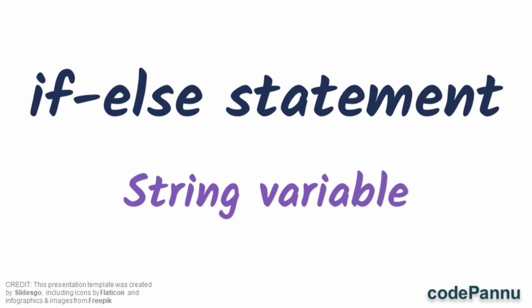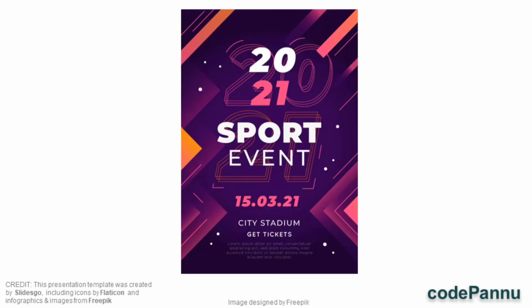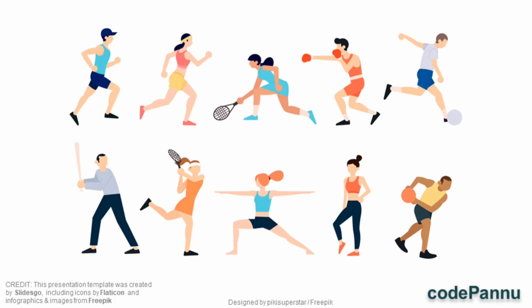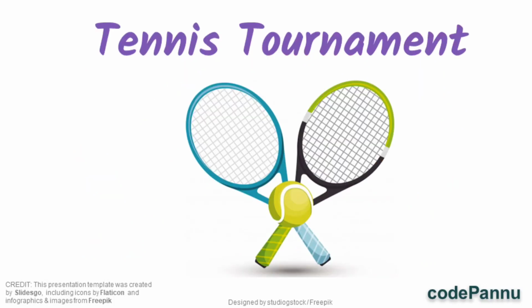So let us say our friend is inviting us to watch a tournament and we are not sure if we want to go. So we decide that we will go only if we like the sport for whichever the tournament is conducted. So we ask which sport is it. Now if the tournament which our friend wants to go is for tennis, then we will say yes, I want to go because we like tennis. Else if the sport is not tennis, then we are going to say that we don't want to go.